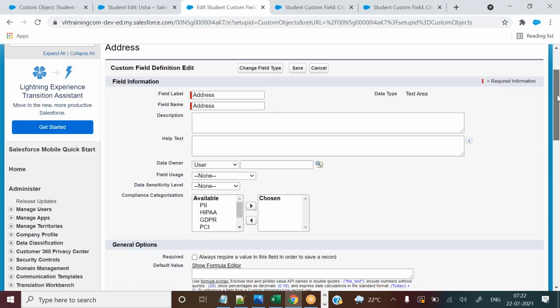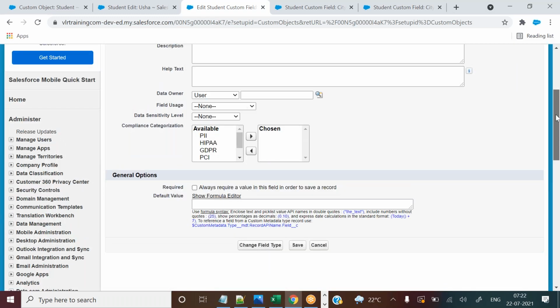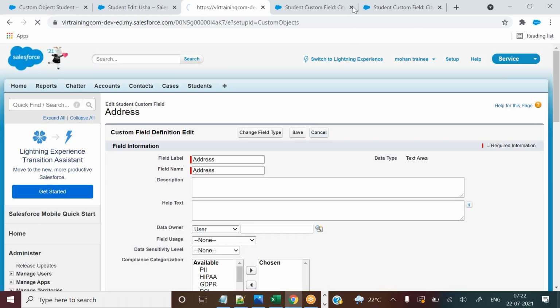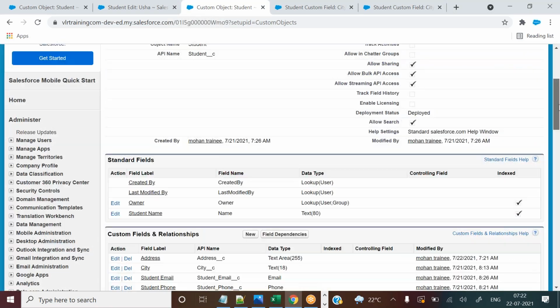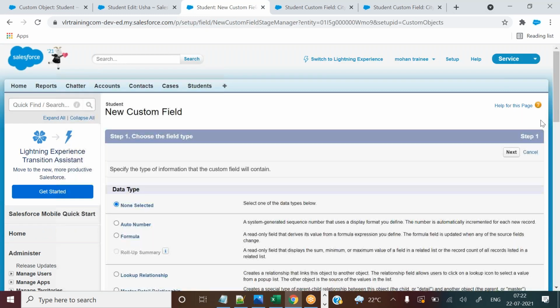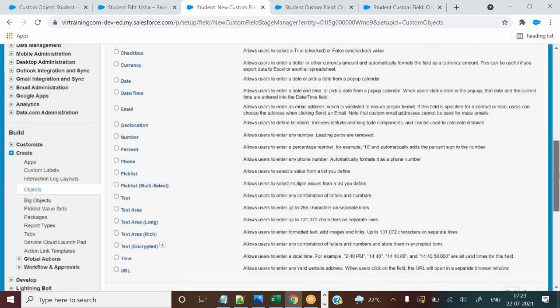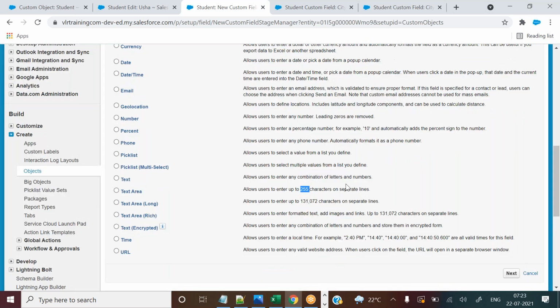You can go here, so come down. Okay, let's see here, text area, you can see over here. So this is the maximum number of characters you need to enter. And what is the length of the text? Here they have not mentioned, right? I'm asking about the maximum. So text also allows 255 characters only.